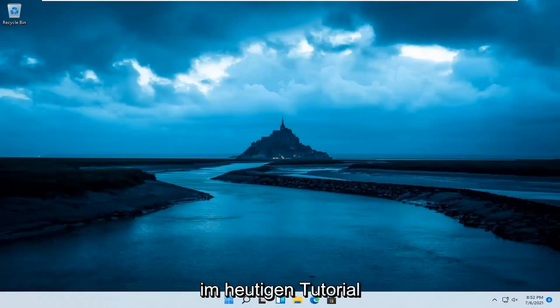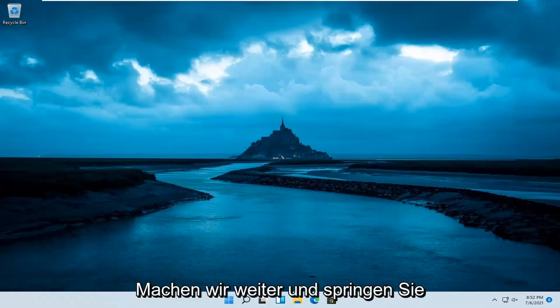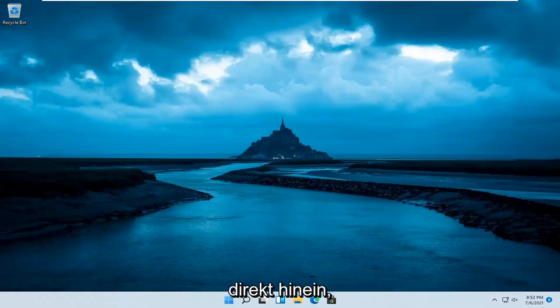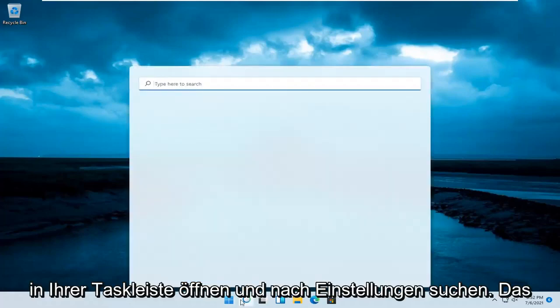In today's tutorial, I'm going to show you guys how to change your Windows 11 product key. So this should hopefully be a pretty straightforward process, guys, and without further ado, let's go ahead and jump straight into it. So all you have to do is open up the search magnifier icon on your taskbar and search